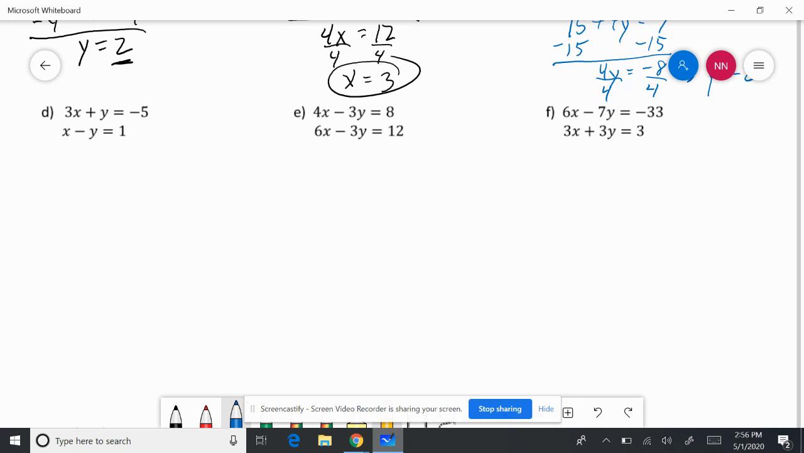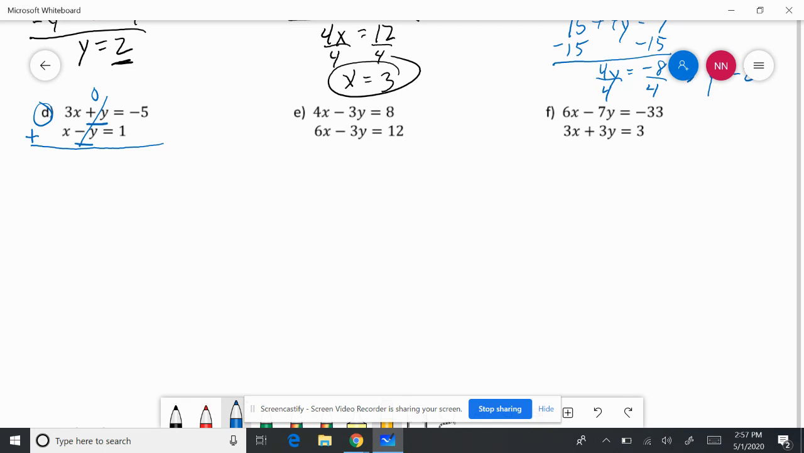We're going to continue solving by elimination. Remember how we solve by elimination is we need opposites. So if we're looking at letter D, notice that we have opposites. We have negative y and y. The reason that we want opposites is because when we add opposites or combine two equations, opposites always add up